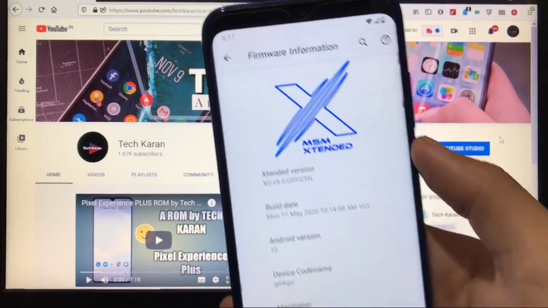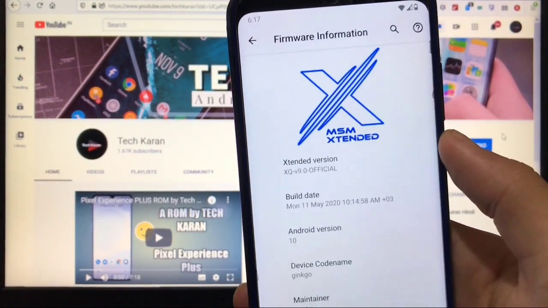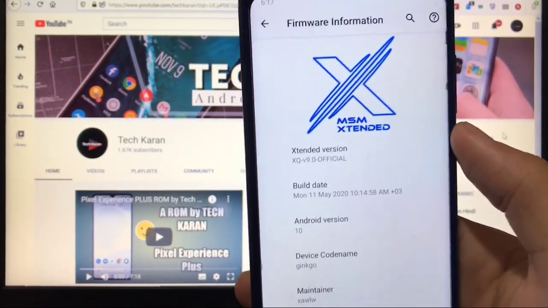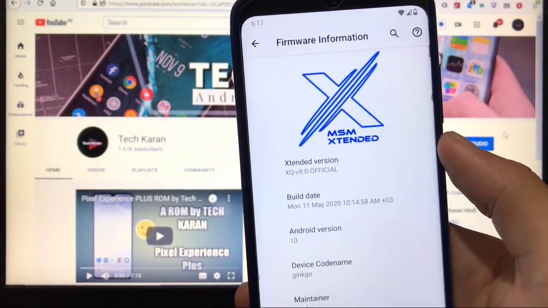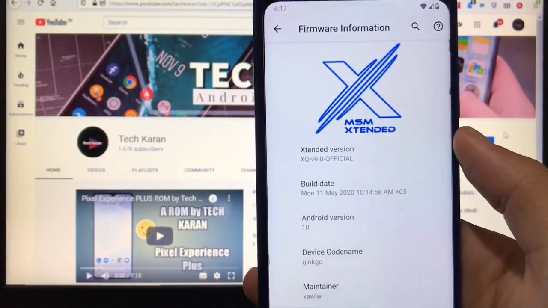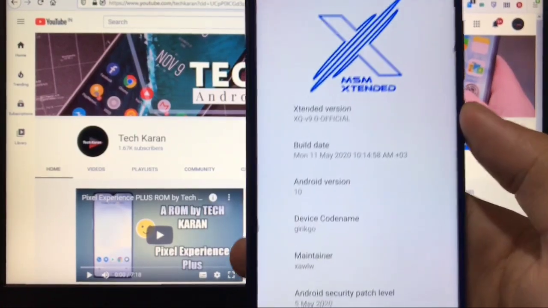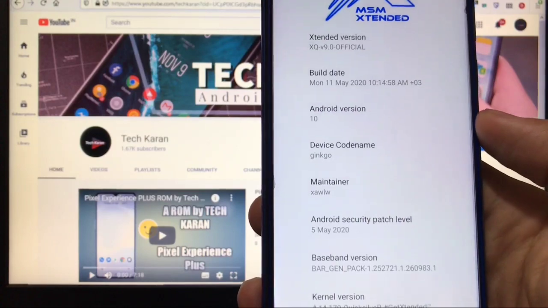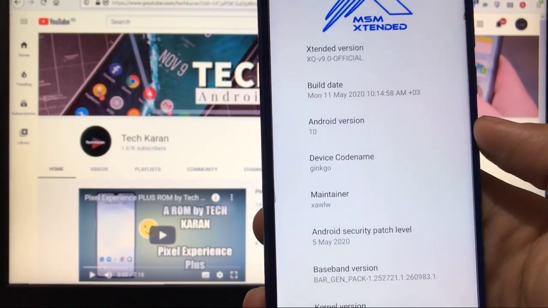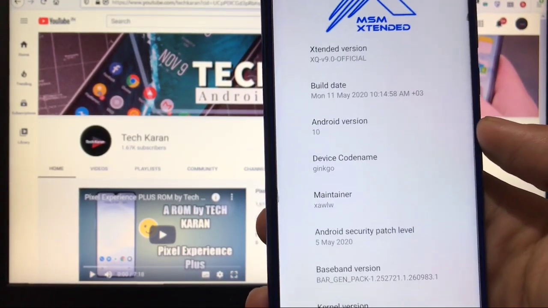Okay, so as you can see, this is MSM Extended Custom ROM installed on my Redmi Note 8 Ginkgo. If you have a Redmi Note 8T, you can install this build on that device also. It's a unified build based on Android 10, and you can see the security patch of 5th May 2020, which is the latest security patch.